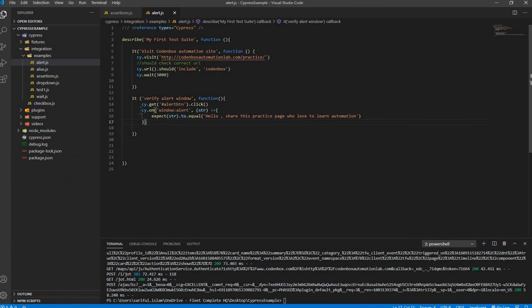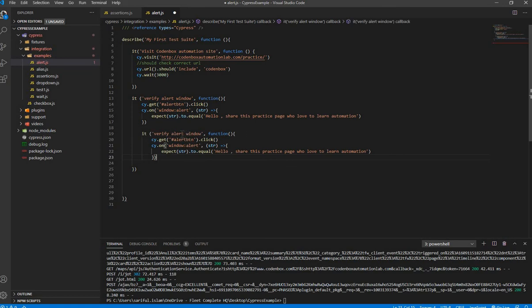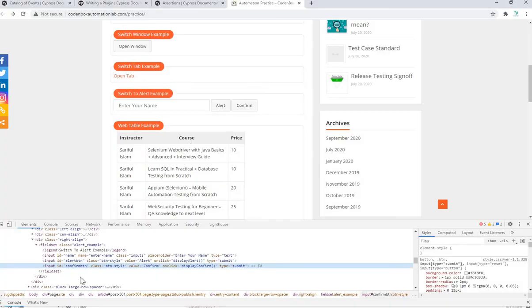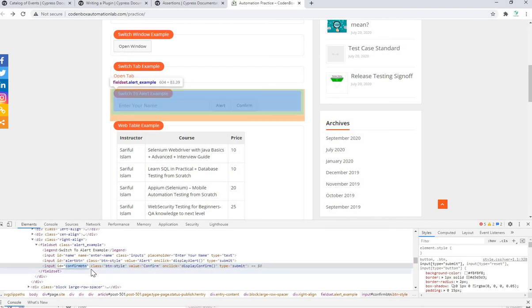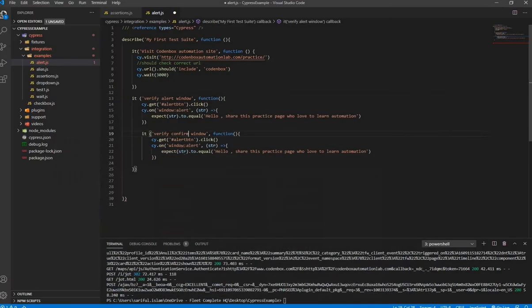Okay, so let's copy this it block for the other one. So we're going to say verify confirm window, confirm window, and then here what would be the locator? Locator would be ID, so we'll pass the ID here, just change the ID